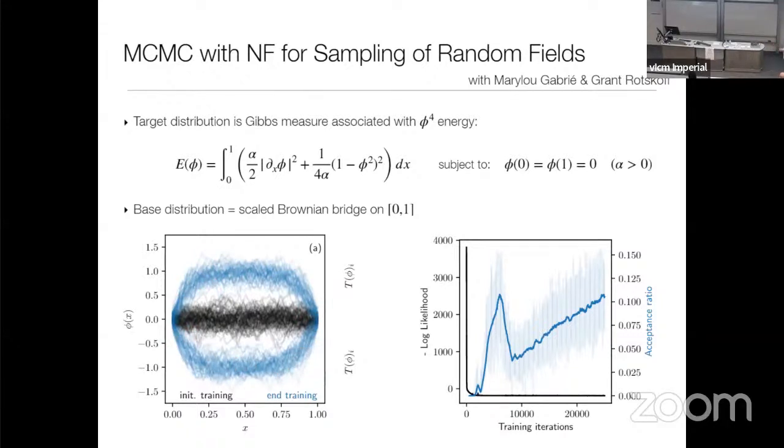And so in this setup, what you can do is take as base distribution simply the Brownian bridge. So you drop this term, or you replace it simply by a quadratic term. That's not easy to sample. That gives you the samples that are in black. And then you train a map to take one of these Brownian bridges and map it onto something that is supposed to be from the target distribution that you have, and you can learn such a map.